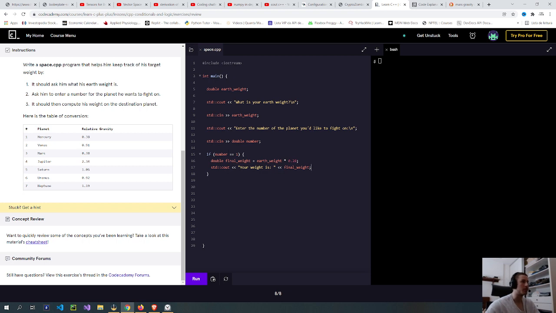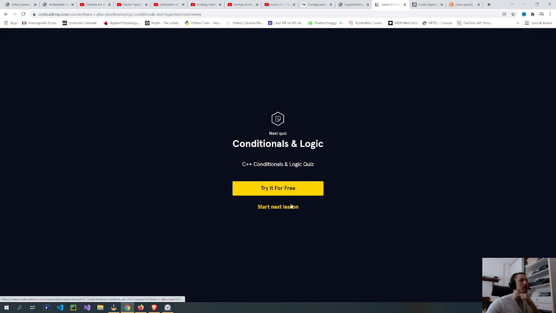And then I should do this condition for all of them, depending on the number in the table. But I don't feel like doing that. And I think although this is possible, it's probably not the best. It's probably better to declare it before and then make the input store the value.